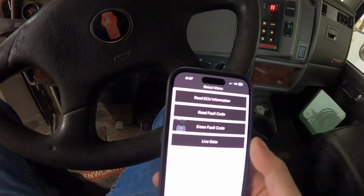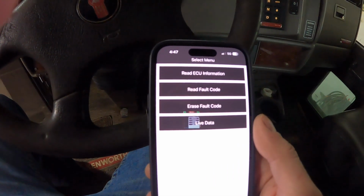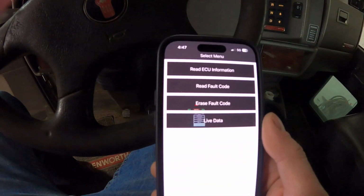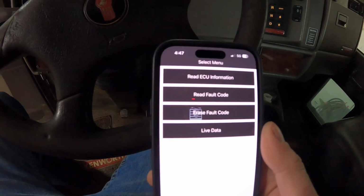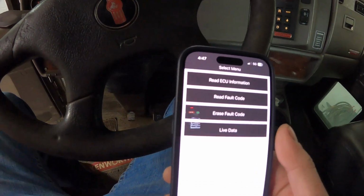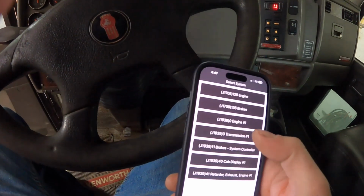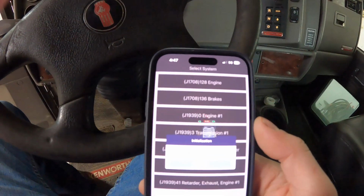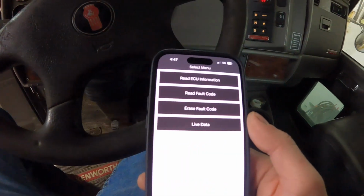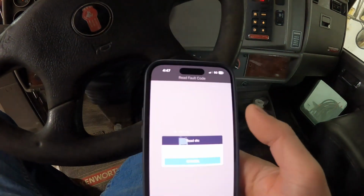Okay. The only reason I'm erasing it is I'm pretty sure this truck is actually deleted, but they stole the ECU out of that other truck, which isn't deleted. So it's looking for a bunch of stuff it doesn't have anymore. That's my guess. I don't know if that's right or not, but so yeah. See if we can find any other codes in this thing. So far I'm impressed it actually hooked up to this thing and everything,